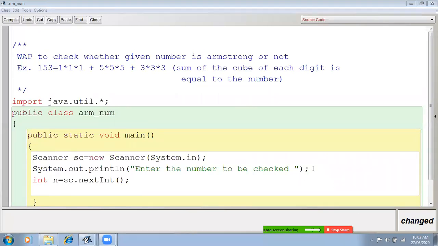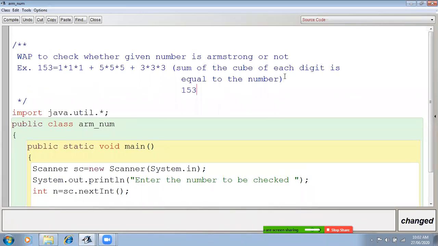Now here, why don't you know the number of iterations? See, your question is this 153. You have to separate the digits of 153 if the user is inputting 153. If the user is inputting 15, then you have to separate only 1 and 5. If the user is inputting 2051, then you have to separate 4 digits.